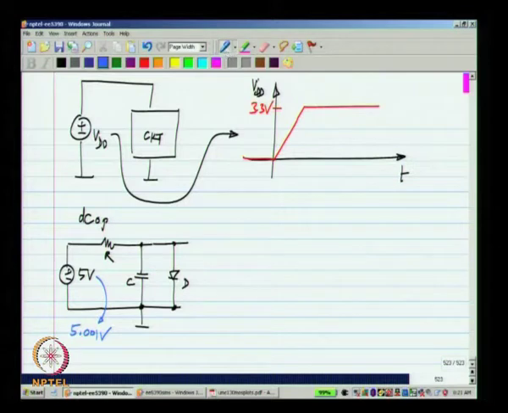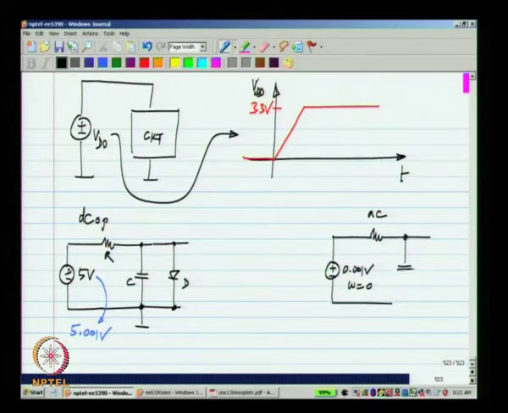Now, the difference that you get between when you apply 5.001 volts and 5 volts is the increment, and that will correspond to what you get from the AC analysis for an increment of 0.001 volts at omega equal to 0. Here we are talking about omega equal to 0.